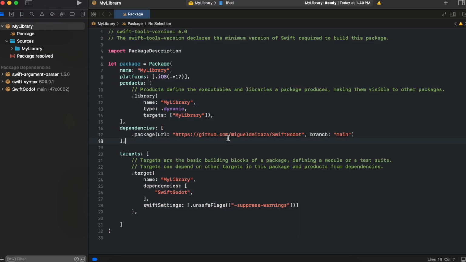Then, at the time of me recording this video, SwiftGodot still does not support Swift version 6 and above, because Swift version 6 introduces a lot of concurrency things. So I'll just change this version to 5.10, which is fine for us. Okay, once that is done, the next thing we have to do is go to the